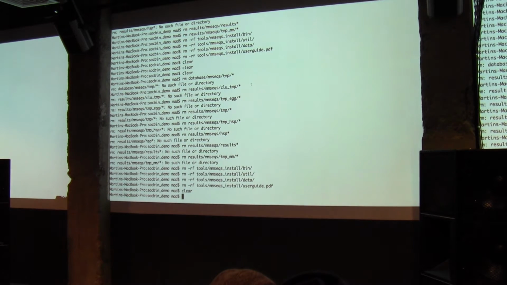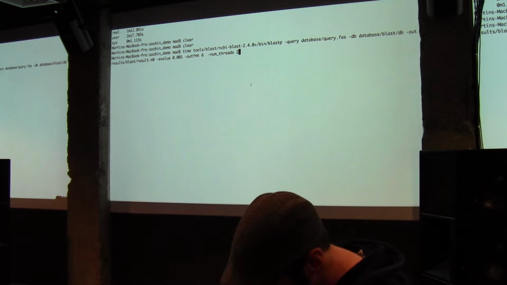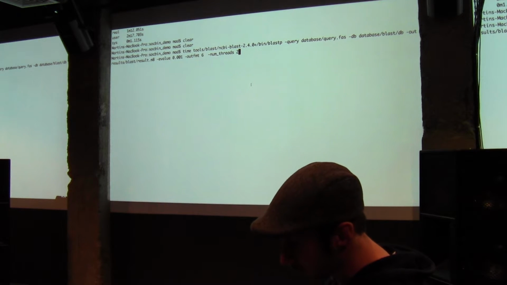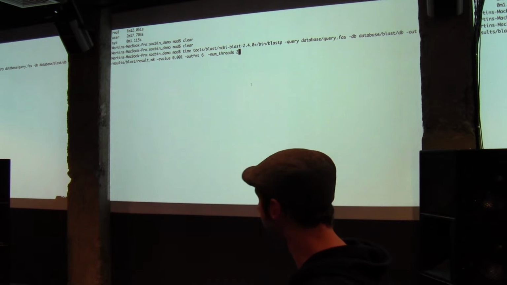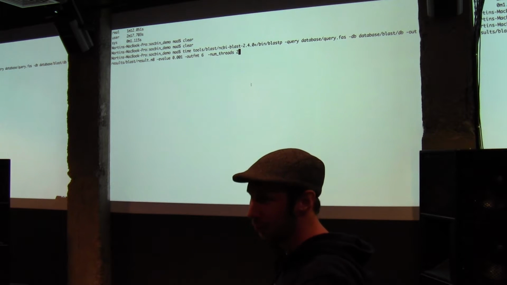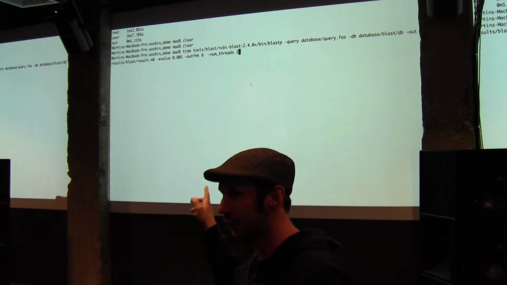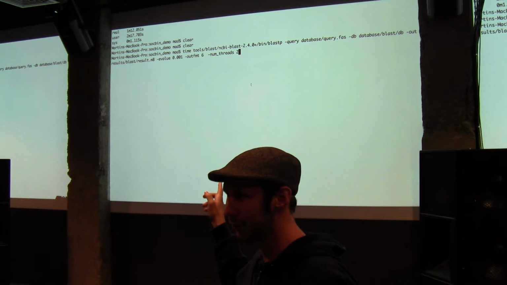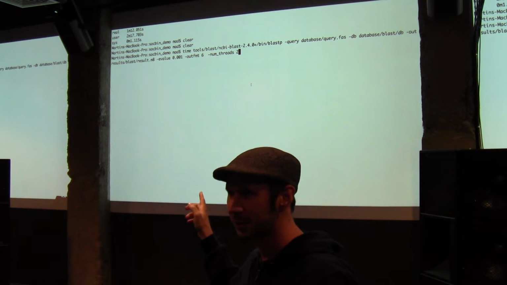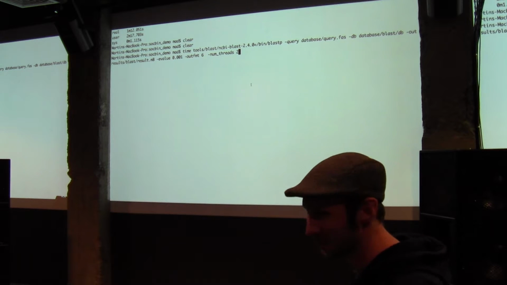So to do this, I have installed on my machine, which has 4 cores, BLAST, and I'm going to search a query set with around 6,300 queries against a database with around 1.6 million sequences. Just one question, is everybody familiar with this kind of interface, like a console? Did you guys use that? Everybody? Yes. Perfect, good. I was a bit scared.